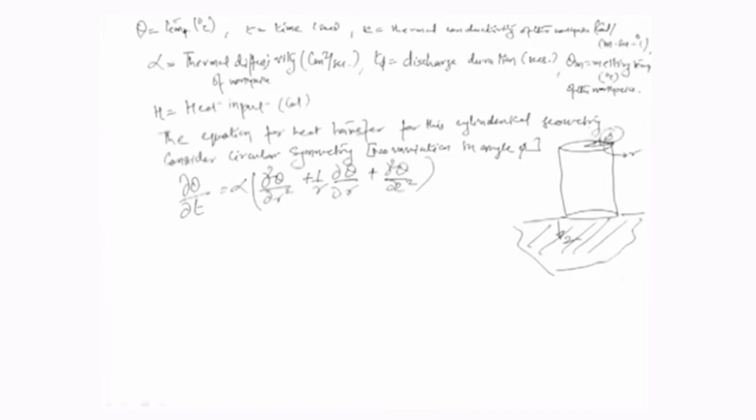Okay. So, the way that temperature, let us say this is the melting zone that is formulated. So, the way that the temperature varies in this melting zone is really a function of the rate of variation of temperature with respect to z, z being this depth direction, and it is also a function of the rate of variation of temperature with respect to the radial direction r, assuming a circular symmetry of this particular heat source. So, intuitively